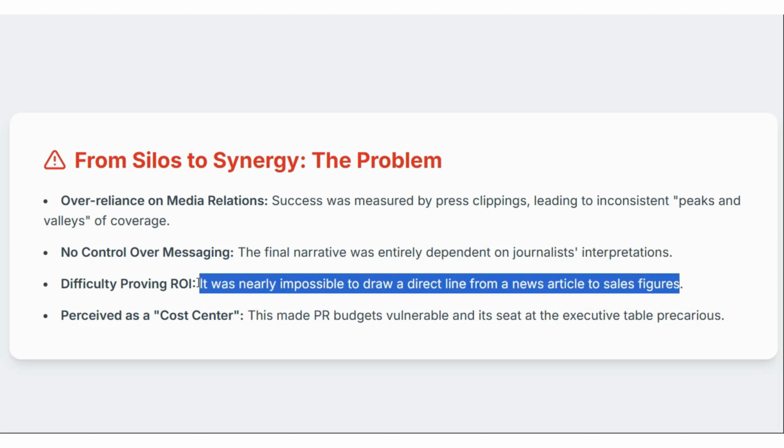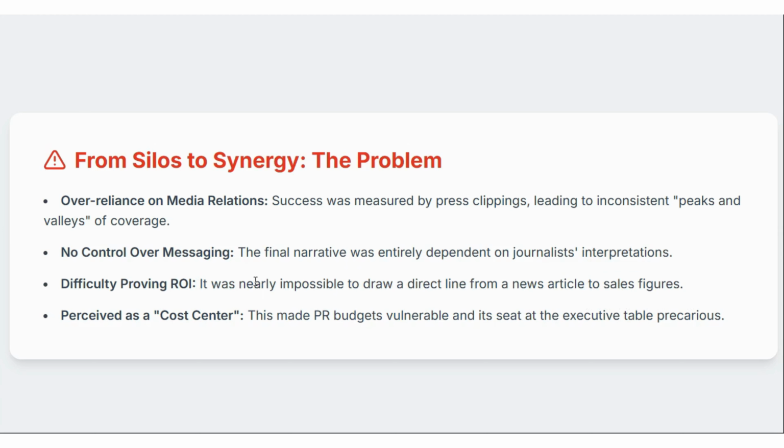It's not that easy today, we can say, but it's easier. We can measure some things and show them as metrics. And PR was always perceived as a cost center. C-level managers always thought that putting effort into PR is only spending money. It doesn't return anything. But in new models like PESO, you can justify the costs and see the results coming to your business as well.